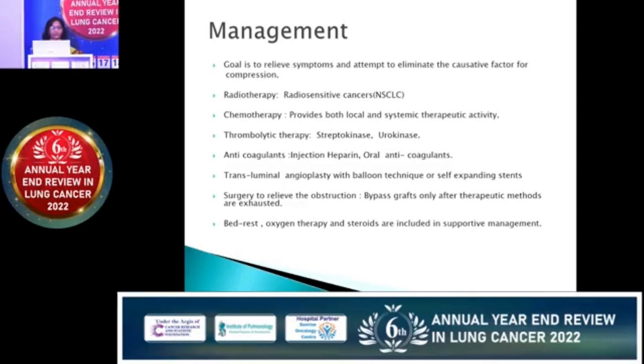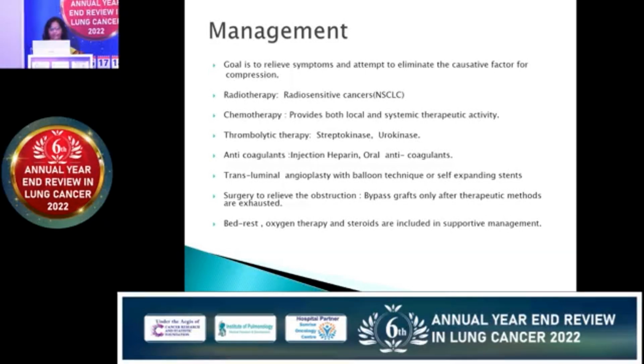This procedure is done in the IR department. They are experts in that. Surgery to relieve the obstruction, like bypass grafts, is only done when all therapeutic methods are exhausted. Then only bypass grafts are done for these patients. Supportive management is given by giving bed rest, Fowler's position, oxygen supplementation, and steroids are included in supportive